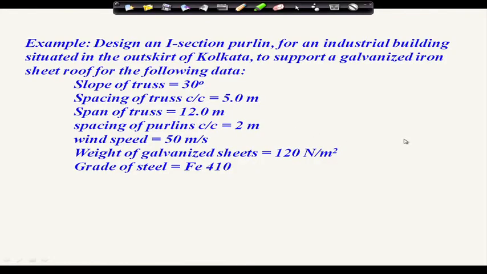Now, the example is like this: we need to design an I section purlin for an industrial building situated in the outskirts of Kolkata to support a galvanized iron sheet roof for the following data. The slope of the truss is 30 degree, the spacing of the truss is 5 meter, that means the length of the purlin is 5 meter, the span of the truss is 12 meter and the spacing of purlin is 2 meter. That means, if we draw,